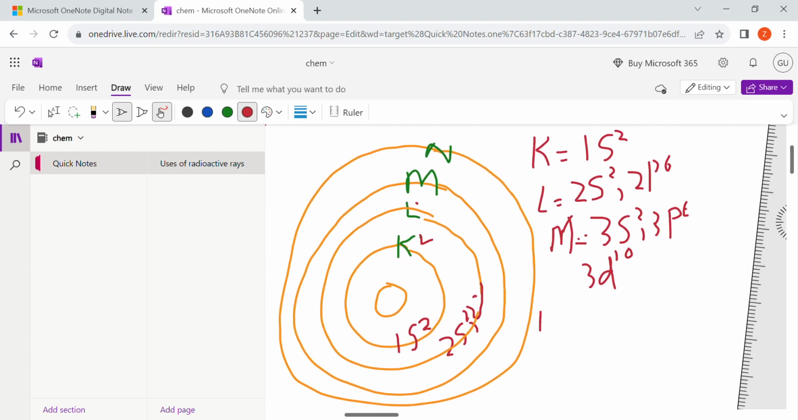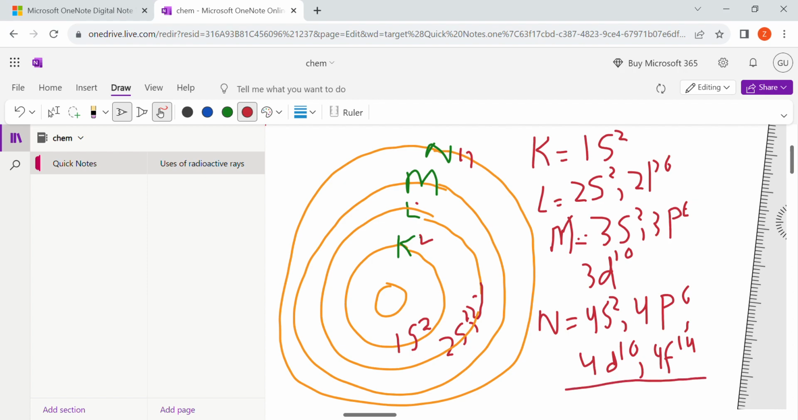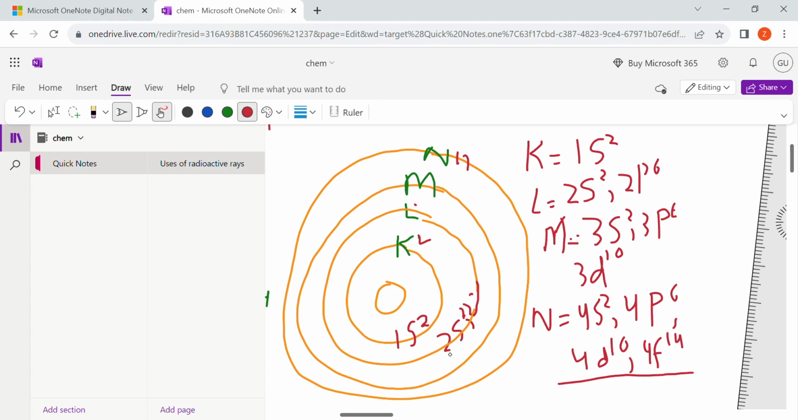And in N, that refers to the fourth one, तो हमारे पास 4S2, 4P6, 4D10 and 4F40, ठीक है। इस तरह से अरेंजमेंट होगी। ऑलराइट, आई होप दैट इज क्लियर।